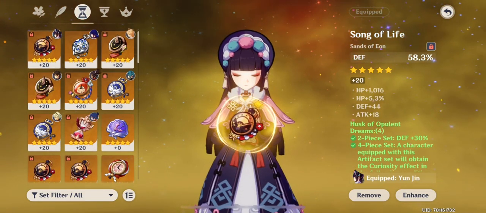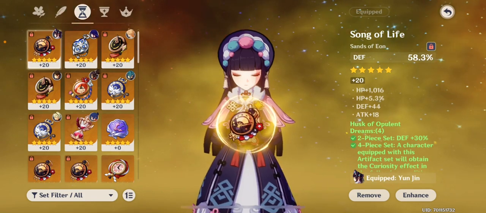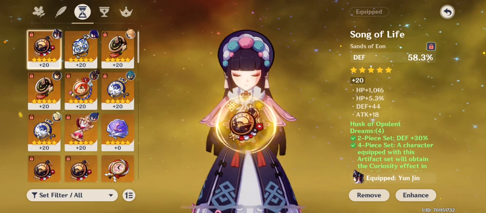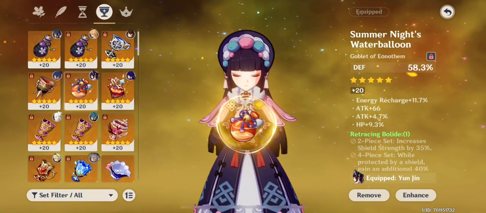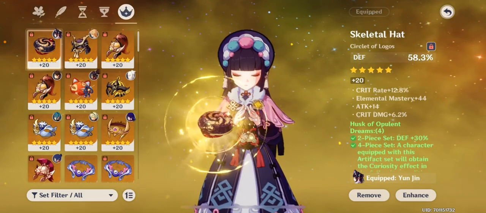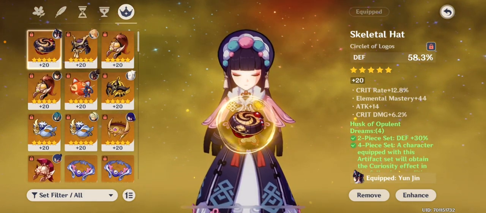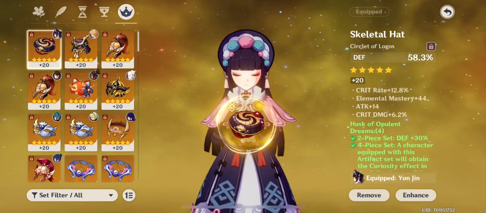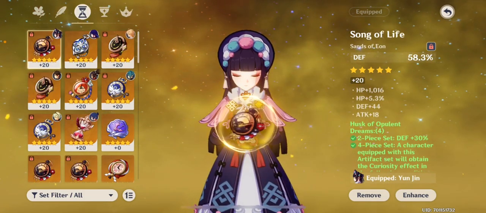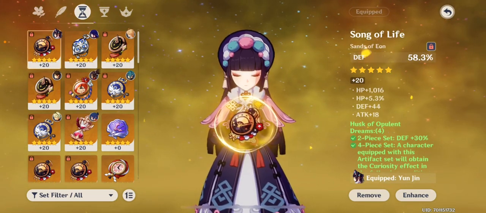Now, I got defense percent here with absolutely atrocious substats. Here, again, defense percent with some energy recharge, so definitely this is okay, I'll take it. And this is another defense percent timepiece with crit rate and crit damage, so this one's actually not too bad. The timepiece could definitely use some work, but yeah, if you guys don't want to farm the 4 set,